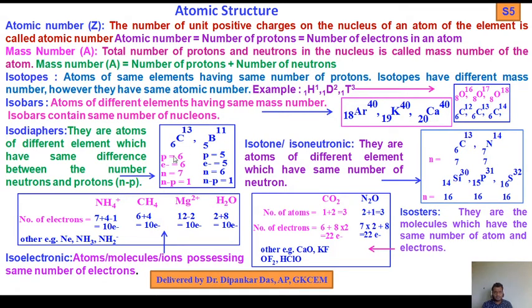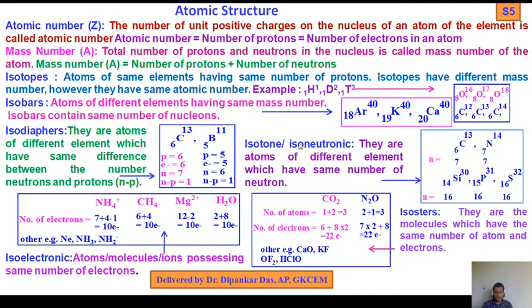Here carbon has proton 6, atomic number 6, electron 6, and neutron 13 minus 6 from this formula. So n minus p equals 1. Similarly, in case of boron, here p equals 5, electron equals 5, and neutron equals 11 minus 5, that is 6, and the n minus p value is also 1. So in both cases, the difference of n minus p, neutron and proton, becomes equal.